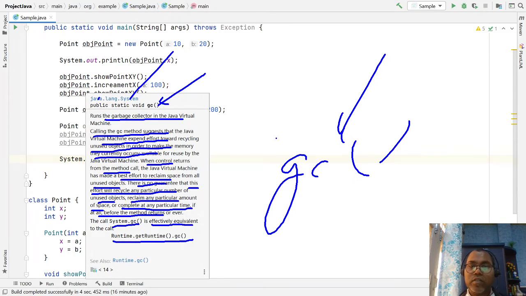Both are just informing, intimating your Java runtime environment.